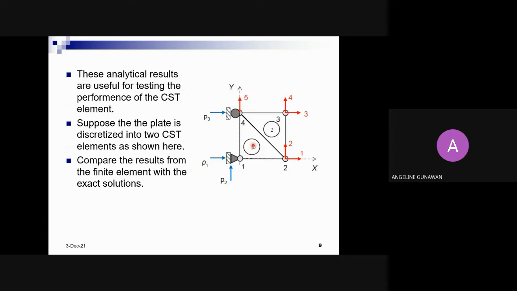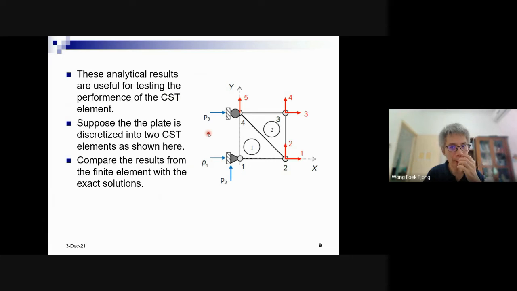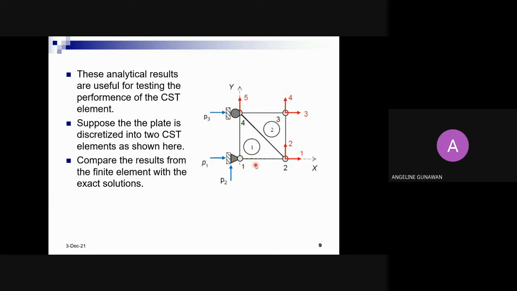For the roller, sir, is it okay to just model one roller because the previous was 3? No, this is not 3 along all the sides, right? Infinitely many. We just draw 3, but actually not 3. This is just illustration. When we talk about finite element, we only define the degrees of freedom at the nodes. So it's enough to specify the roller here at the nodes, because in the finite element model, we only have displacement at the nodes. Others will follow from the interpolation. Okay, sir.